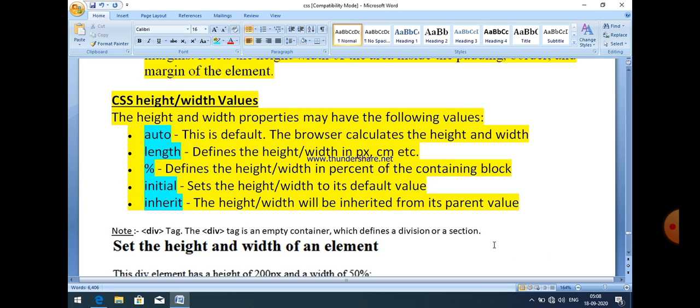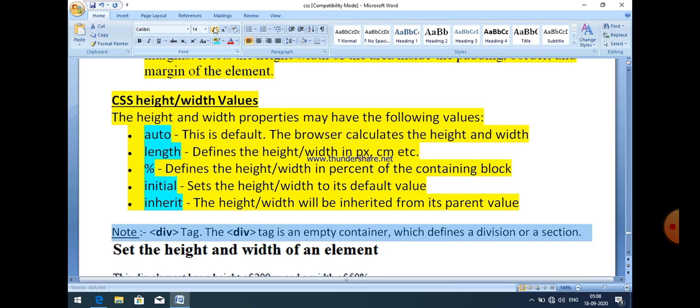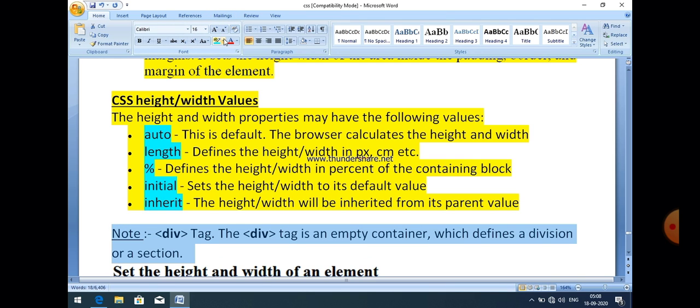And there is one more important point regarding the div tag. I think all of you are familiar with the div tag. The div tag is an empty container which defines a division or a section in our HTML program.